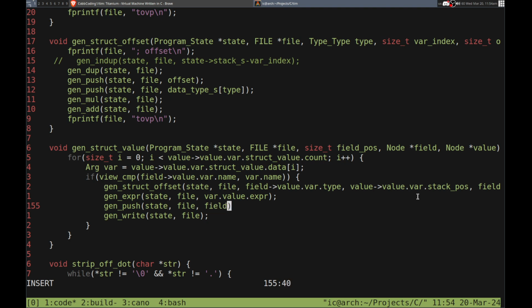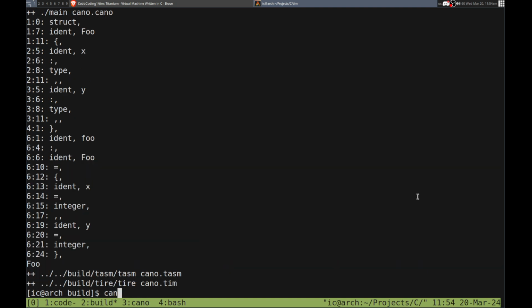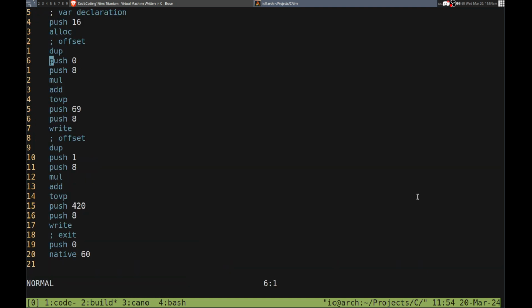Which is actually the type size. So data type size. Let's see, what is it? Field value dot var dot type. There we go. Alright, now it should actually work. So push, yeah, we do that. And each time, like, right, we